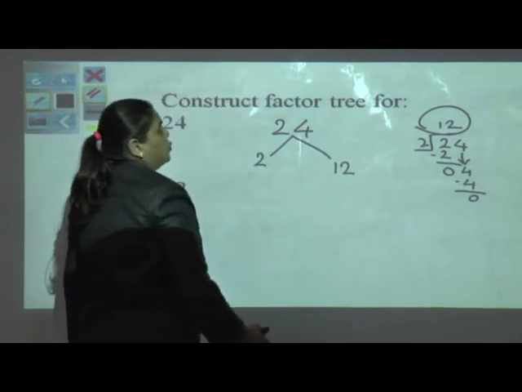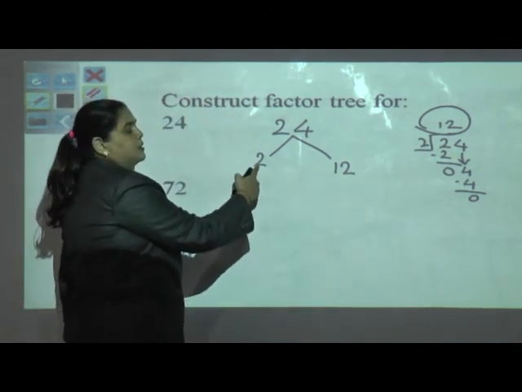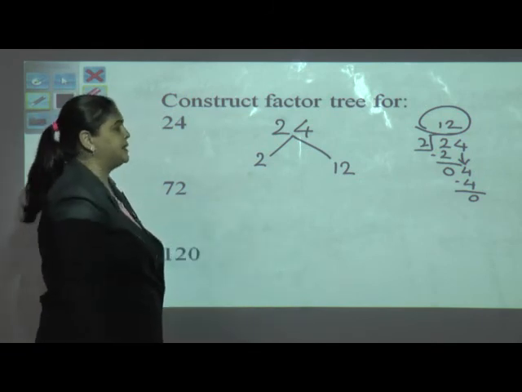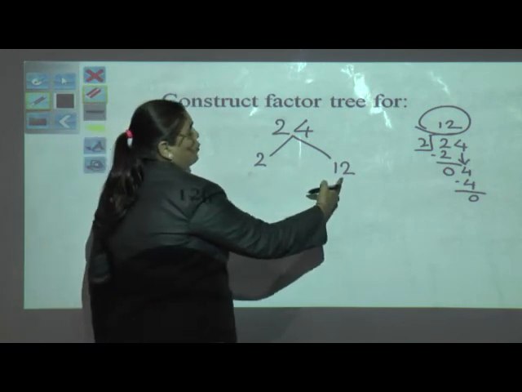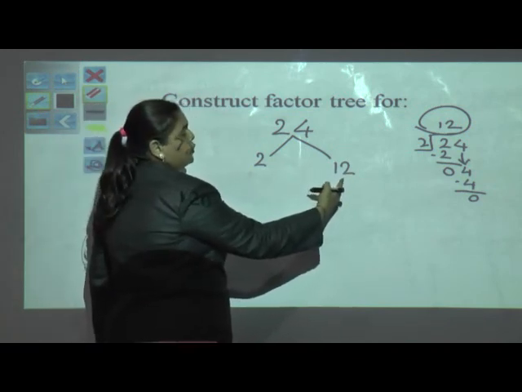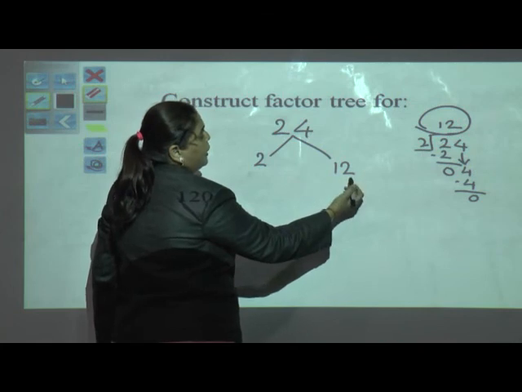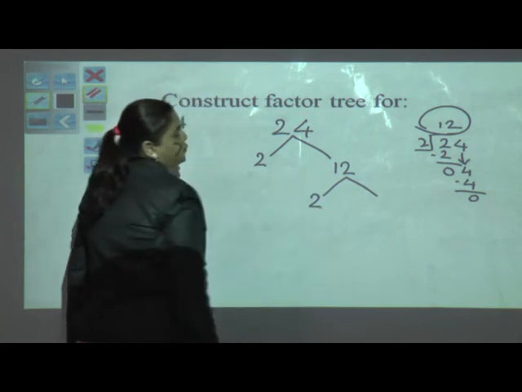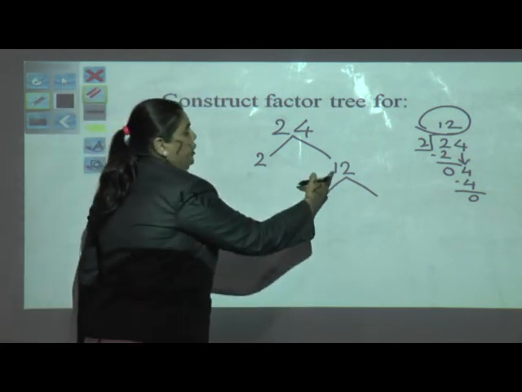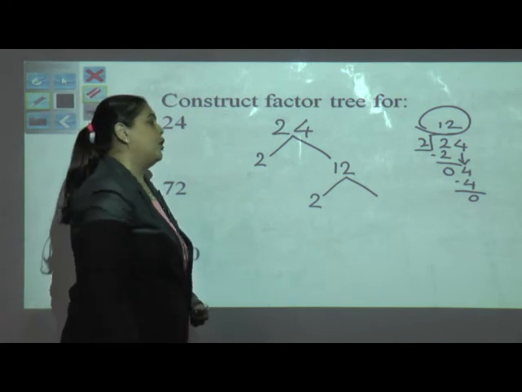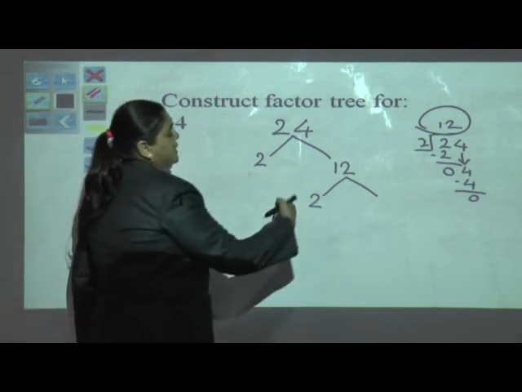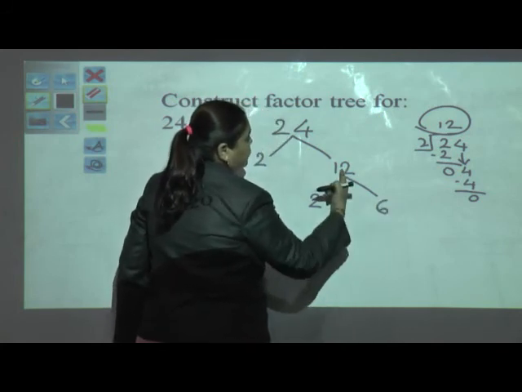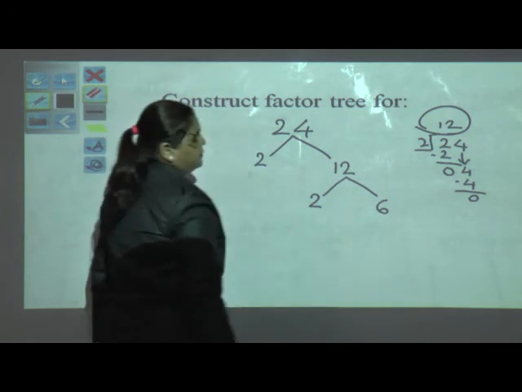So this is 12. Now you know a prime number has only 2 factors, that is 1 and the number itself. So we can factorize, we can go for more factors of 12, which is again an even number in the ones place. So again it is divisible by 2. Now it is a very small number, so you can recite the table of 2. 2 6s are 12. That is, the factors of 12 are 2 and 6.